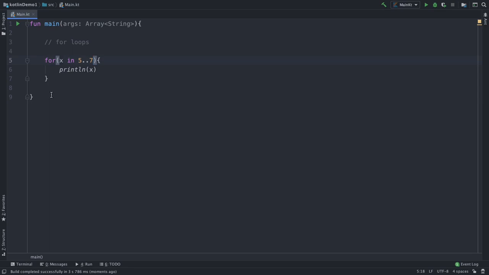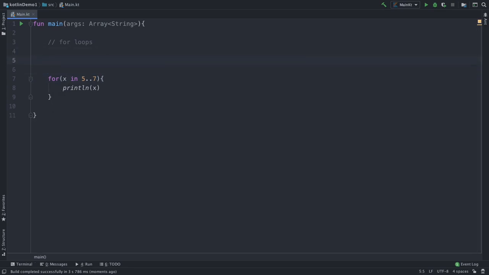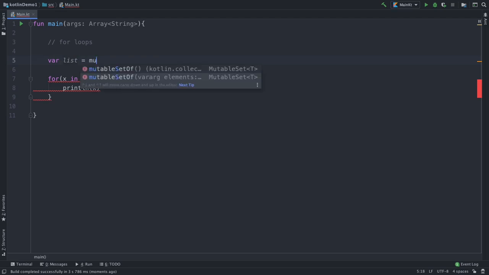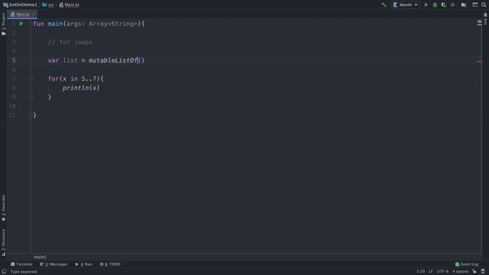So this is how we use a for loop, and let's see how we can use this loop for traversing a list. Let's say we have var list, and here let's use a mutable list of 1 2 3 4 7 9 10.